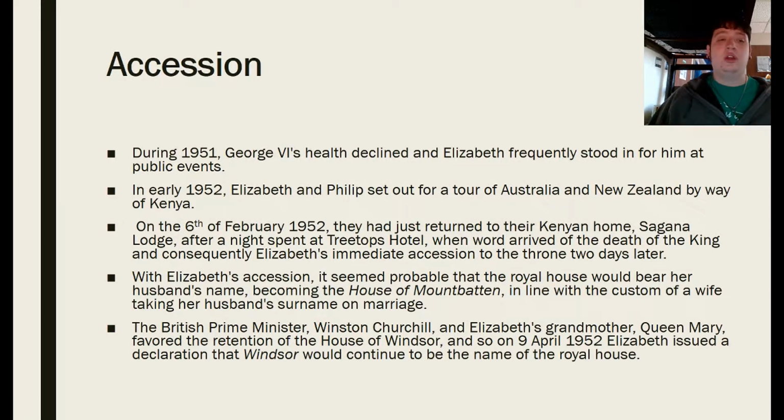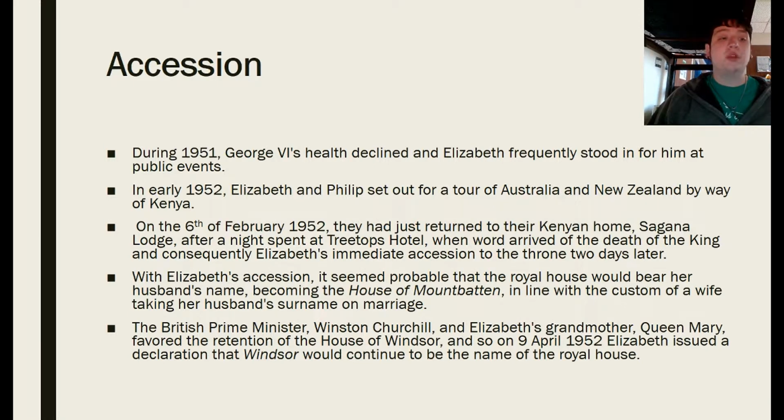Her ascension. During 1951, King George VI's health declined, and Elizabeth frequently stood in for him at public events. In early 1952, Elizabeth and Philip set out for a tour of Australia and New Zealand by way of Kenya to go see their commonwealths. On the 6th of February 1952, they had just returned to their Kenyan home, Sagana Lodge, after a night spent at Treetops Hotel, when word arrived of the death of the king, and consequently Elizabeth's immediate ascension to the throne